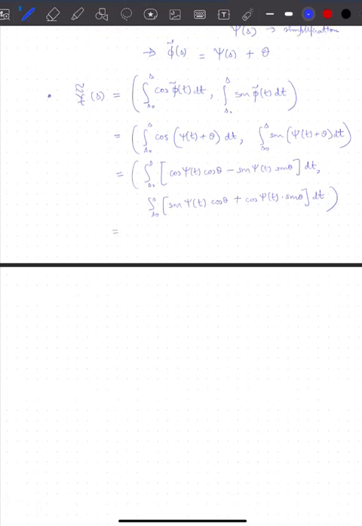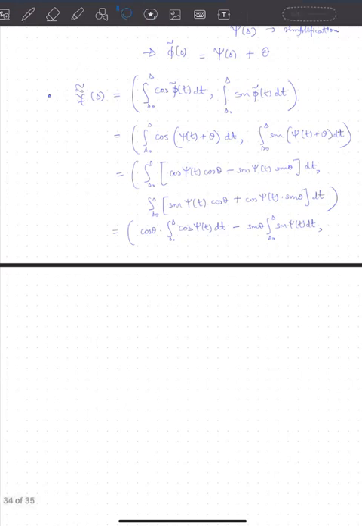So this will give us cosine theta into the integral from s naught to s of cosine psi of t dt, minus again sine theta into the integral from s naught to s of sine psi of t dt, comma,